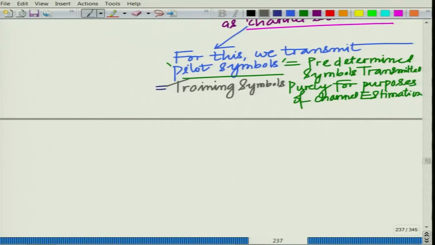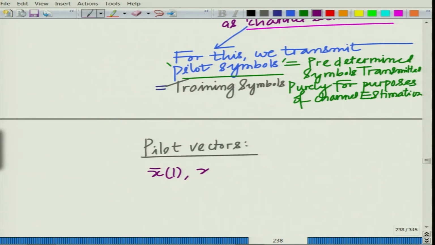So, let us say we transmit the pilot symbols, we transmit the pilot vectors rather,